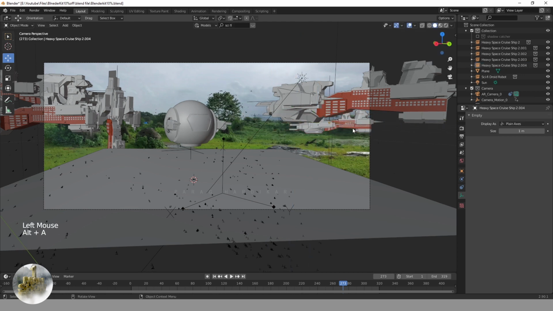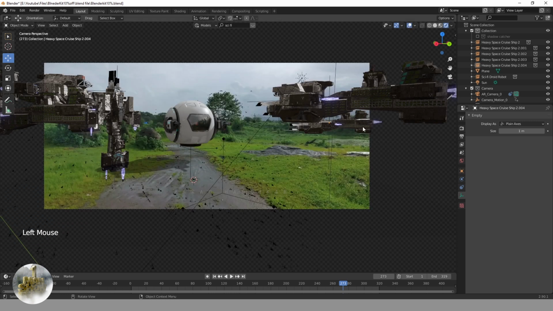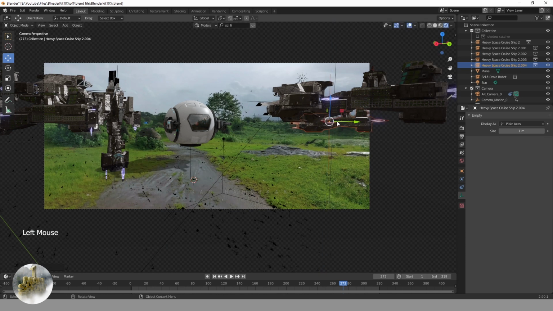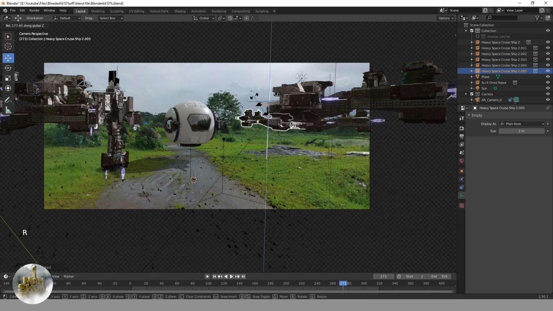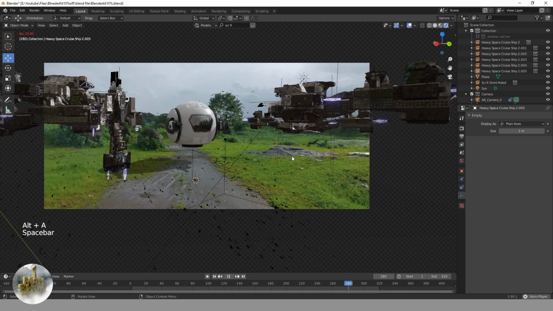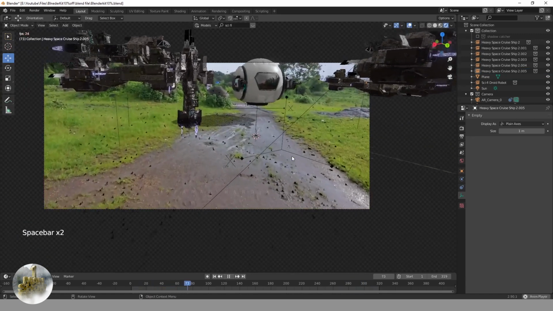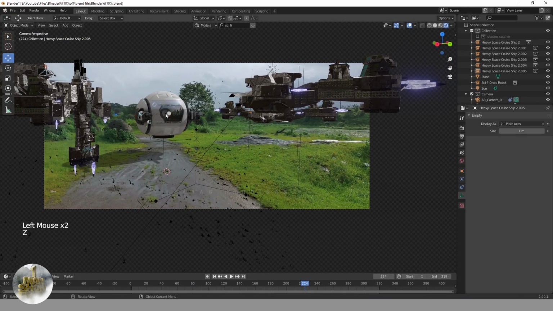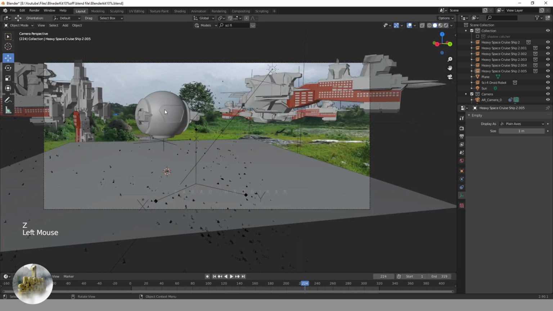Now I tried here to cover the background by duplicating the same model, just placing it in the different places. Once done with the placing of the background, now I am adding the drone and its shadow catcher plane in the separate collection.